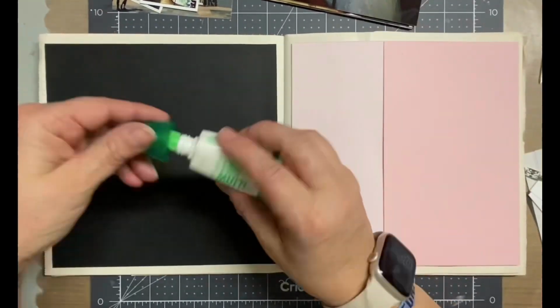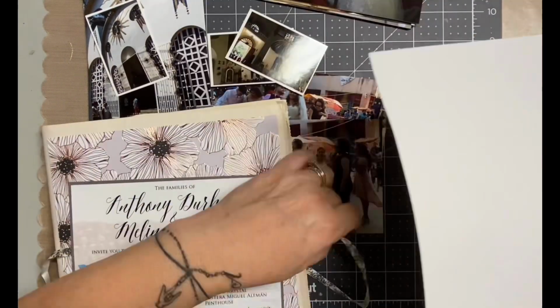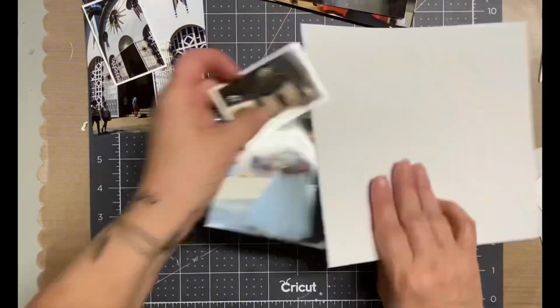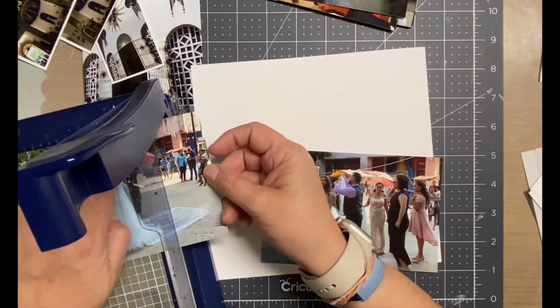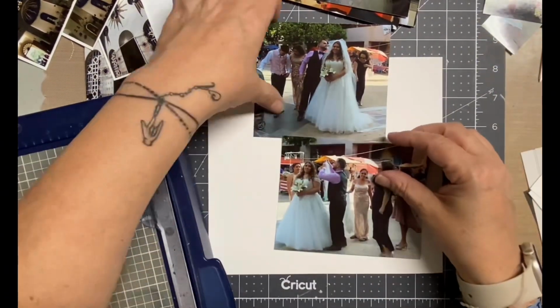But it also reminded me that I have never finished this mini album of my son and my daughter-in-law's wedding. They got married in 2019, so it has been a while. But I was just gifted a whole bunch of three-dimensional flowers, and I thought this would be perfect for this hop. So what I decided to do is, this is a paper bag album, and it's a little bit larger